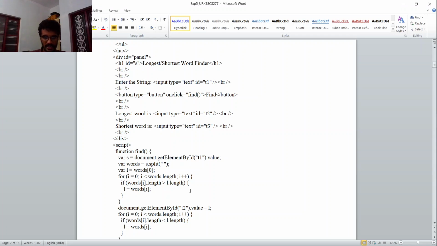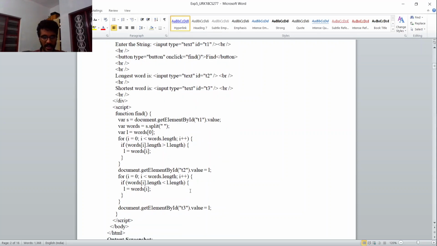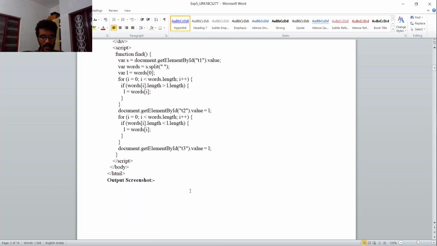If words of i length is greater than the current length, L is equal to words of i. So document.getElementById value is L. Then for i equal to 0, i less than words.length, i plus plus, if words of i length is less than S length, S is equal to words of i. Document.getElementById T3 value is equal to S, and then the script, body, HTML.